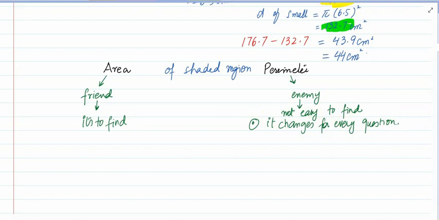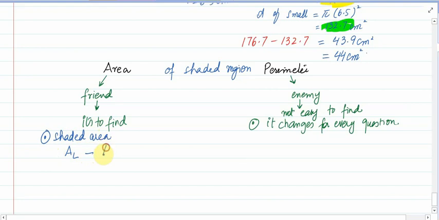Same strategy. Whenever you need to find the shaded area, you need to find the area of the larger one minus the area of the smaller shape. I am saying shape, not specifically circle, square or rectangle, because it varies in every question. But our strategy is the same: area of larger shape minus area of smaller shape gives us the shaded area. But this fixed formula is not valid for perimeter, although you should know that perimeter is the sum of all